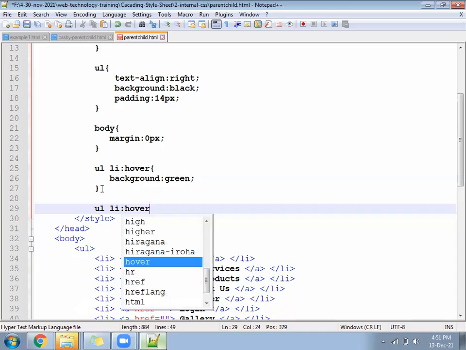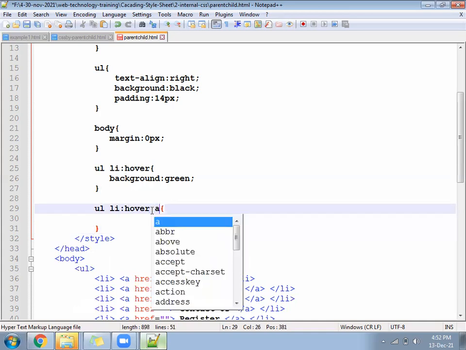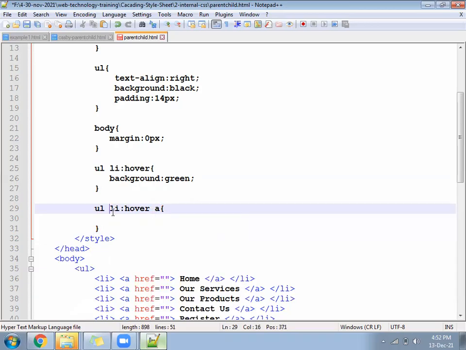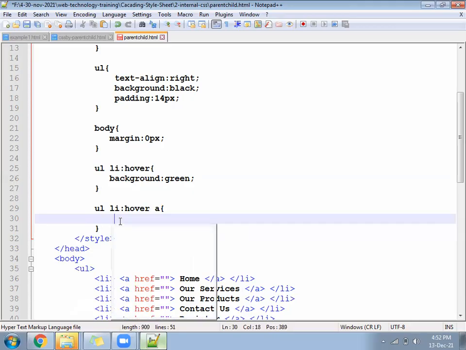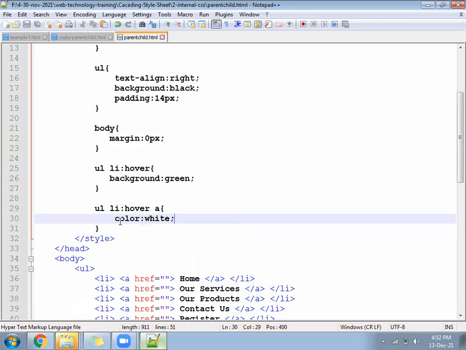On the li only. But at this place we are going to write a. So the mouse will move on the li, and inside the li, if there is an a tag, then what to do of that? Convert the color into white.